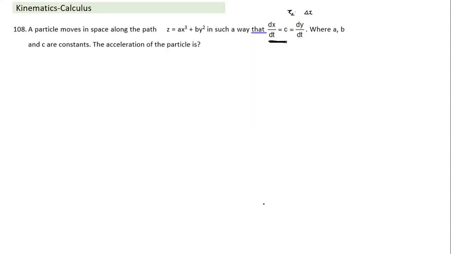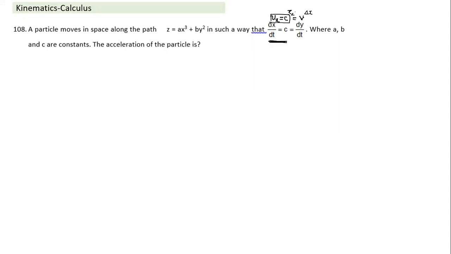You need to really work hard. Kartikeya, can you tell me what this indicates? Velocity along the x direction. So this is Vx, dx by dt is nothing but Vx. So Vx is equal to c. How do we interpret this meaning? Velocity in the x direction is not changing. The x component of acceleration is 0.